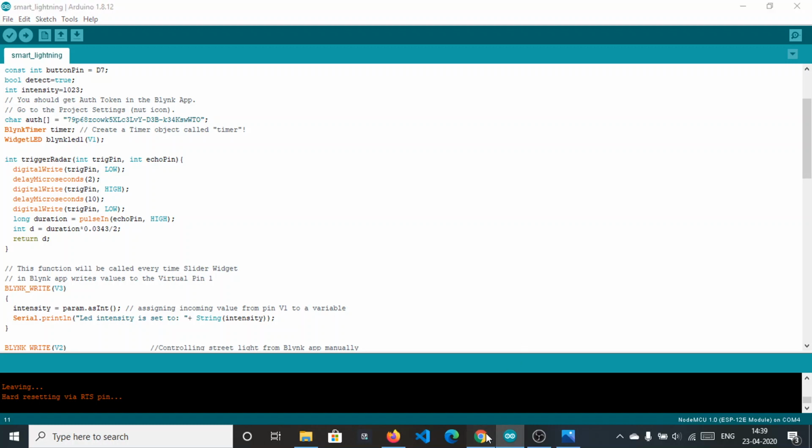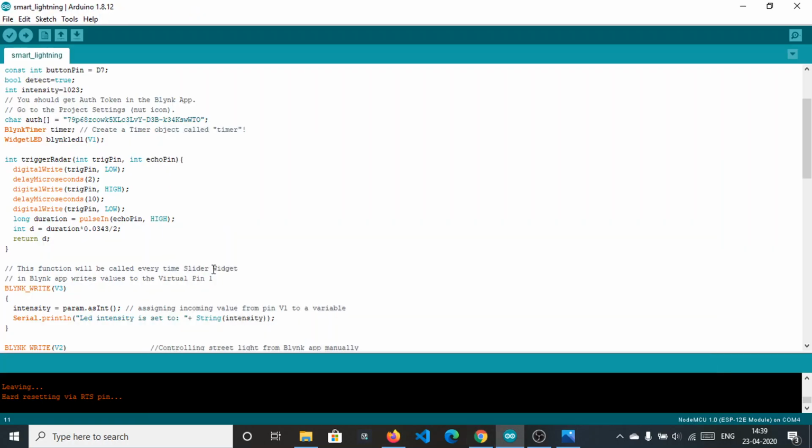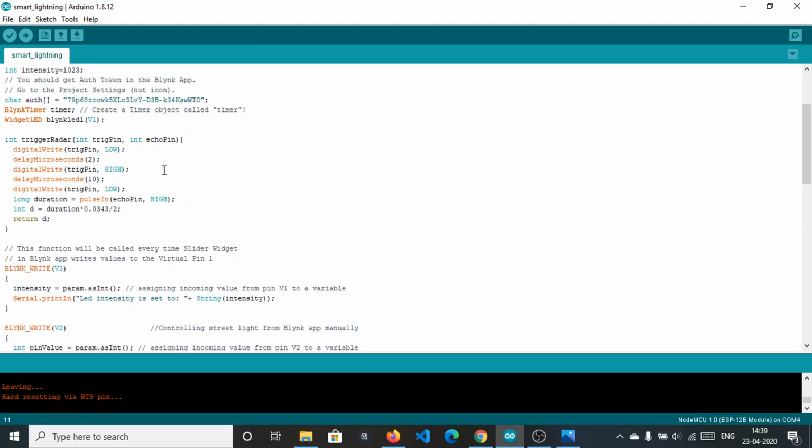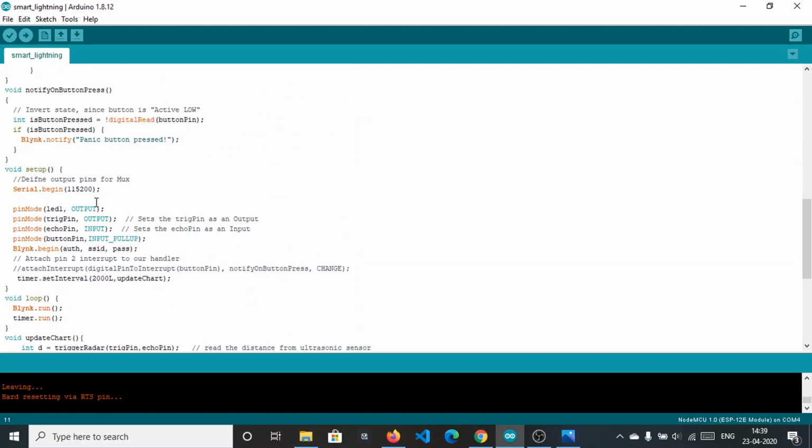Blink LED is basically this one. This LED is called Blink LED. This is the widget LED type. We are basically defining an object, Blink LED 1, of the widget LED class, and after that let's jump to the setup method,